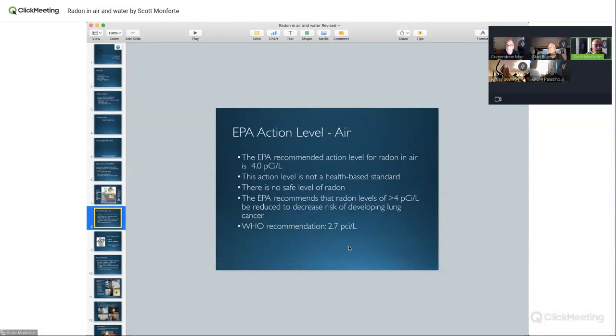But yes, we can. I do get people that say, my kids are down there and I want it as low as you can. And the answer is yes, we can probably do it. It's definitely challenging. And there are things that we'll talk about shortly that can make it much harder as a mitigator to get those levels down below 2 if they want it. But as a mitigator, we're looking for 3.9 or lower. Some companies out there say we guarantee to reduce the levels. Well, if it's a 10 and they brought it down to 5, they reduce the levels, but it's not below the EPA level of 4 picocuries.